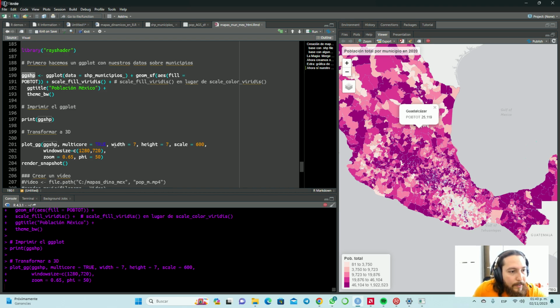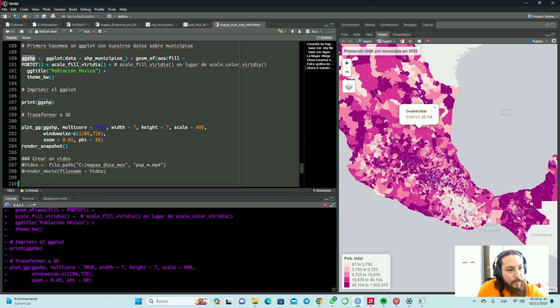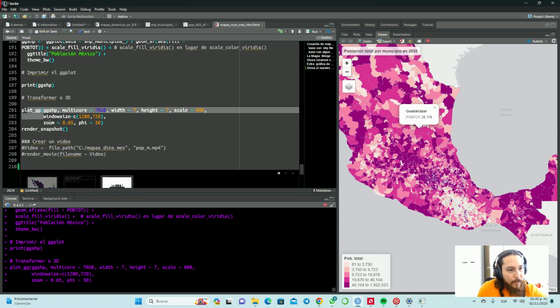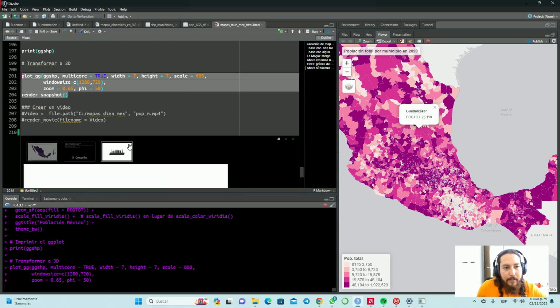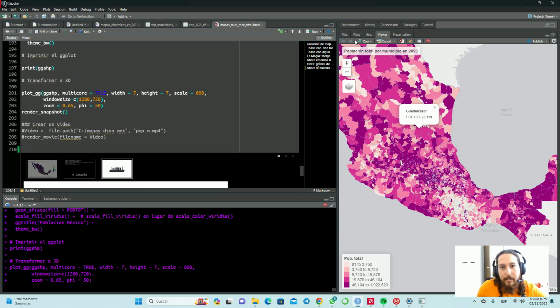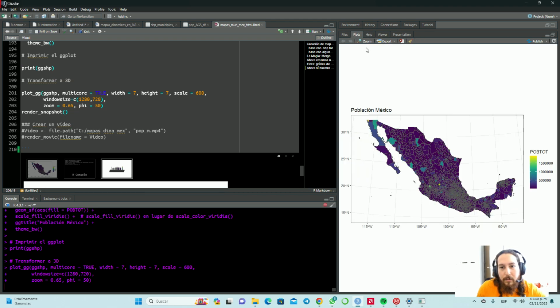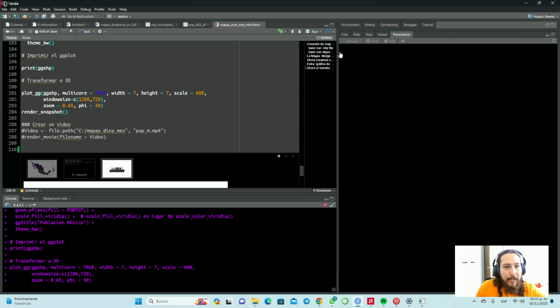Before we can transform to 3D, after that we can make it with this code, and that's it. This is similar to when you do a plot and zoom like here. Maybe it won't work. Yeah. Anyways, when you make the 3D map,